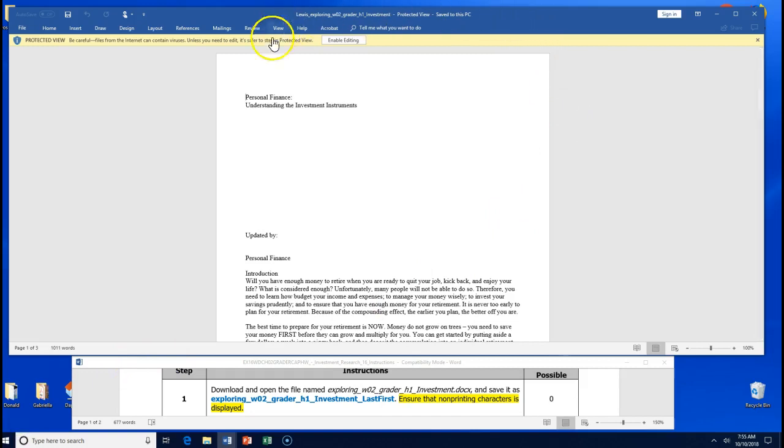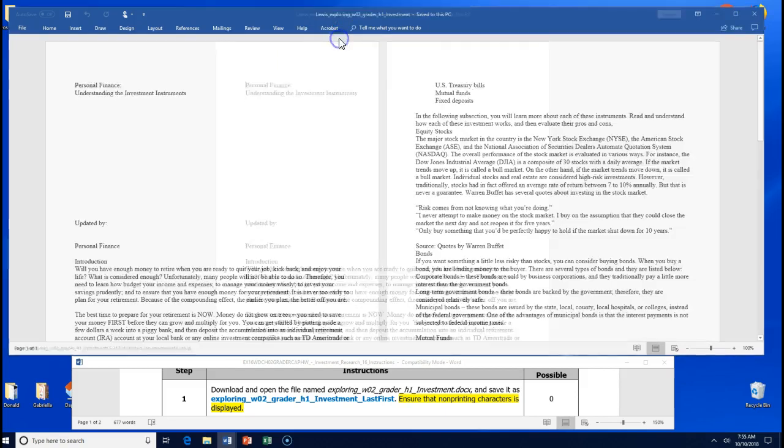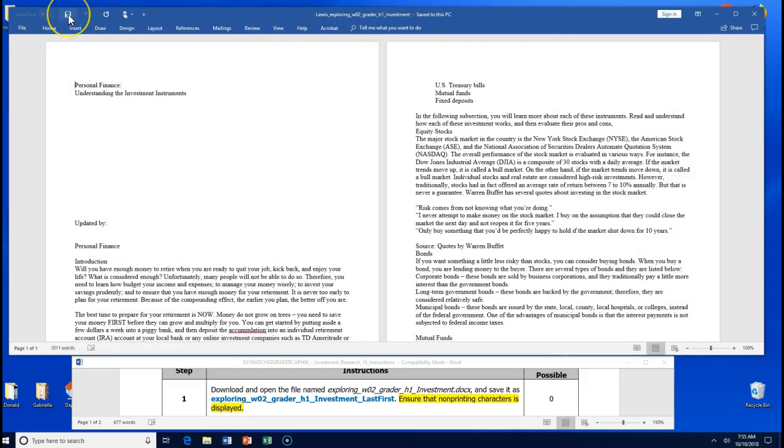Now that we have our files open, our top file here is the file we're going to work with, and our bottom Word document file is our instructions. It says download and open it and name it. Do realize that this number one step is worth 0 points, but now it says ensure non-printing characters. Well, here's something different. Protected view. When you open a document that's in protected view, it's read only. You need to enable editing and then go back and save again so you can work on that document,